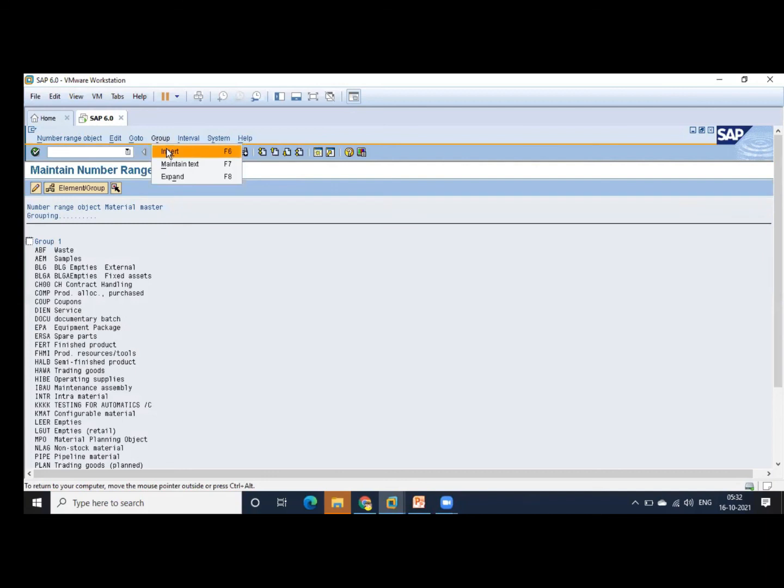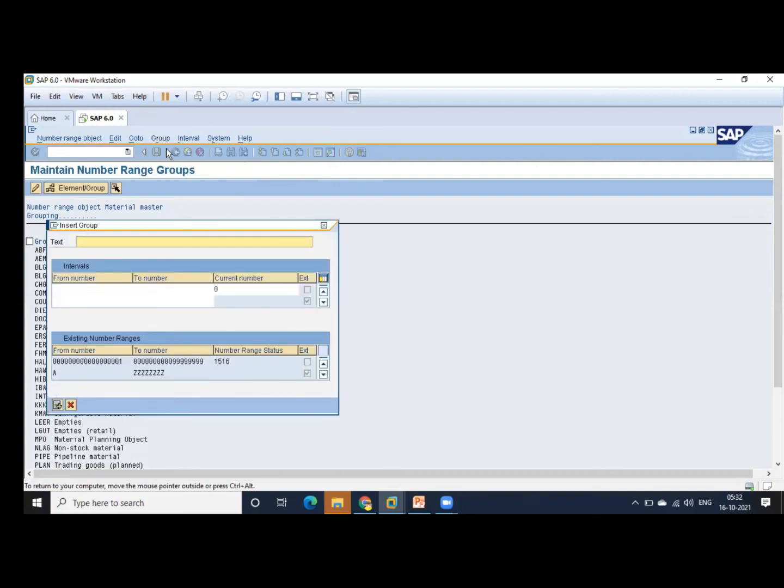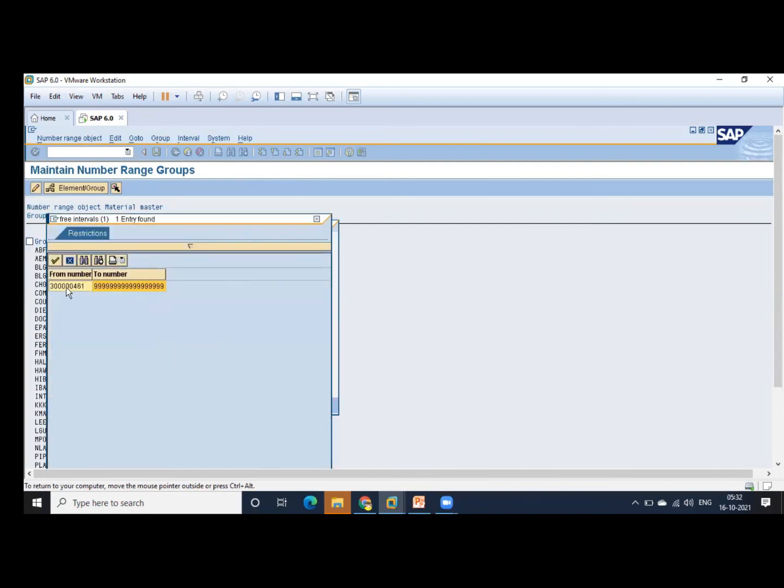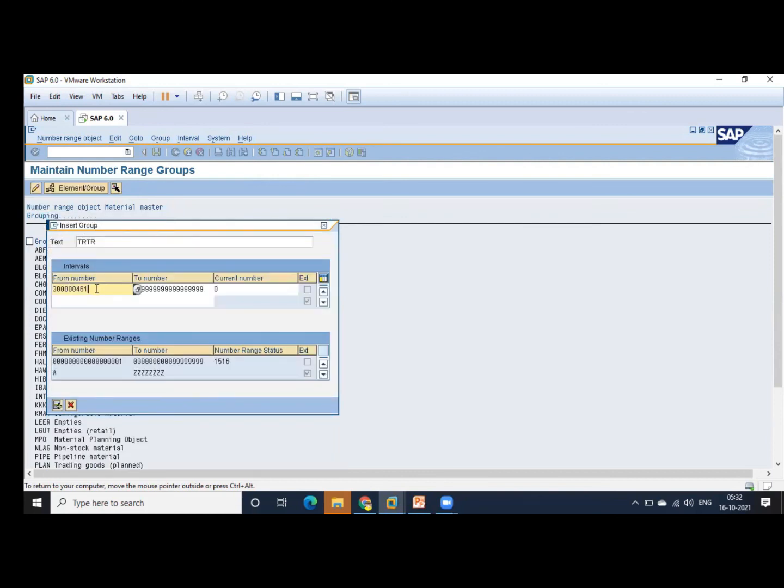Again, groups. Insert. Text: I can take TR. From number, I can choose this series and just copy. Then here I can paste. Enter and save it.